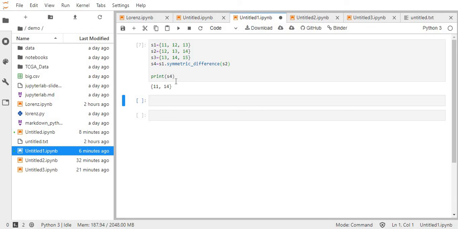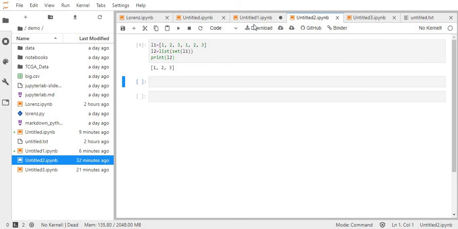Now let's look at some more functions. As we know that sets remove duplicates, let's say that we have a list that has some duplicates. I've already created L1 and filled it with 1 2 3 1 2 3, and now we want a list that is equal to this one but without duplicates.